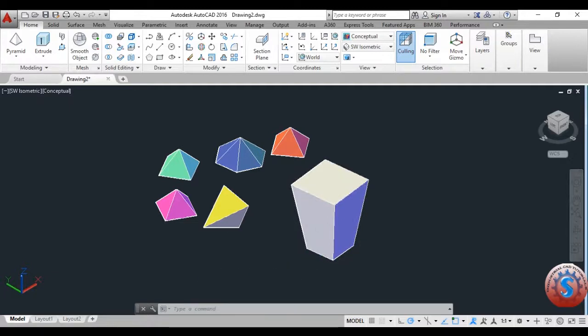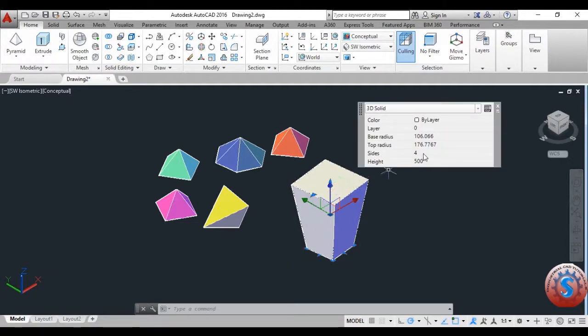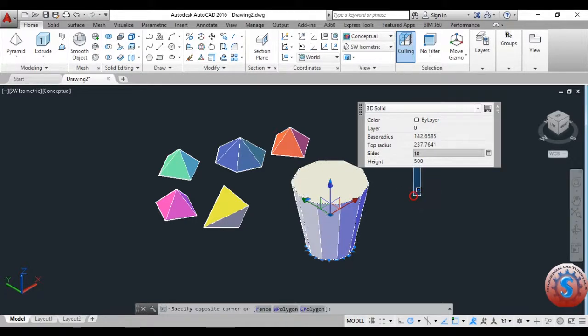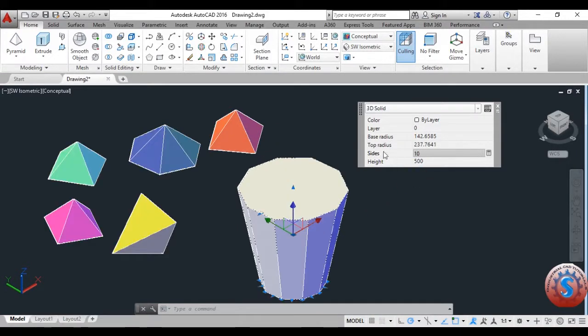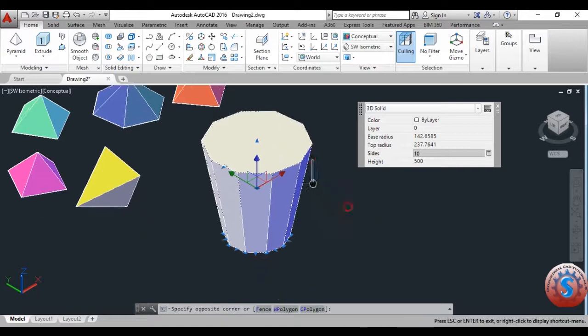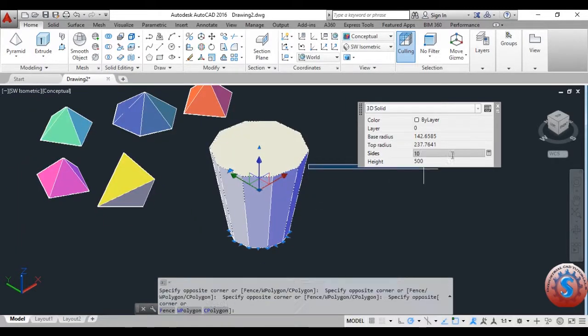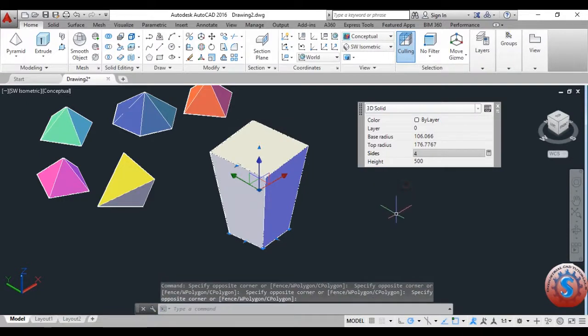I will explain that in tutorials in the next video. And go into the sides 6 and specify height 500, and the sides are 10. If you want to change the sides from 10, you can also change the sides to multiple numbers of sides in this pyramid tool. And go on to the 4 sides. I'm giving the 4 and click on enter, and the top radius is